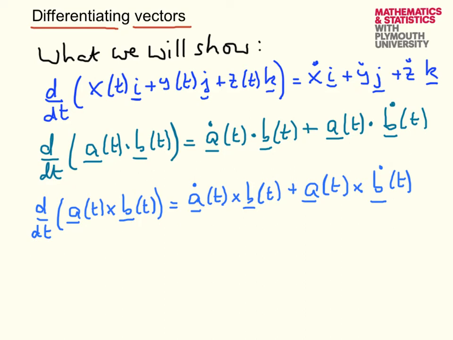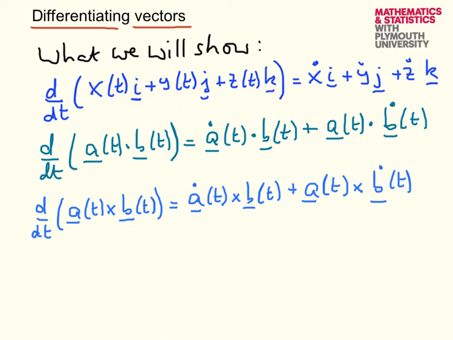So in this podcast, I'm going to consider vectors that are functions of a parameter. Here I'm calling the parameter t, and I'm going to assume, for the sake of being concrete, that t is time. The ideas all extend to vectors that are functions of other parameters. And if I want to differentiate with respect to time my vector that depends on time,